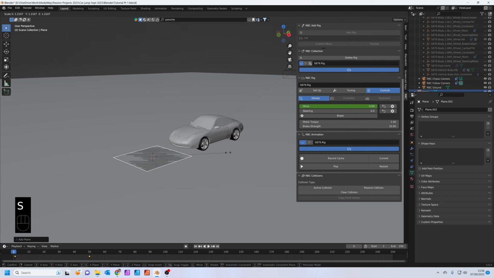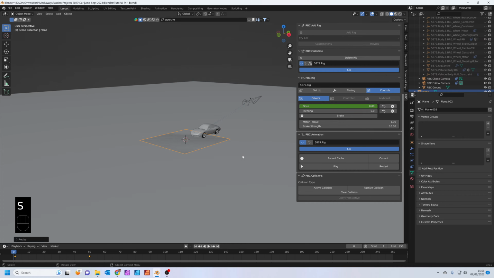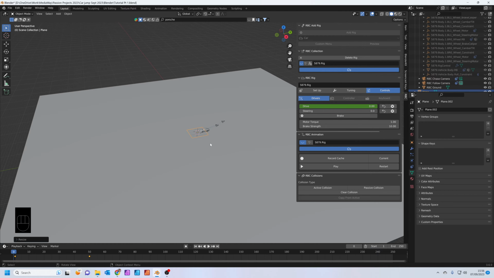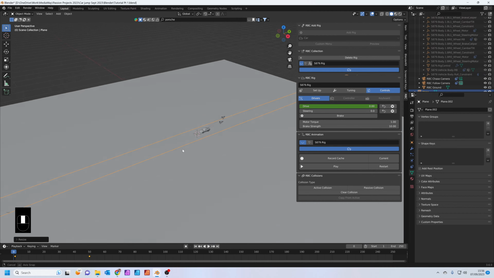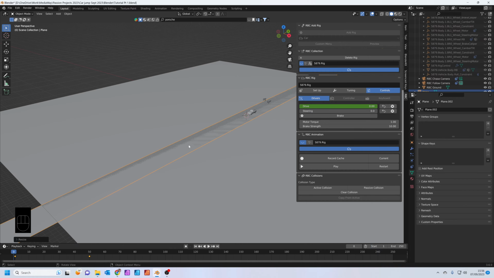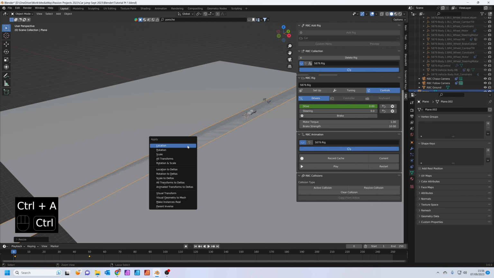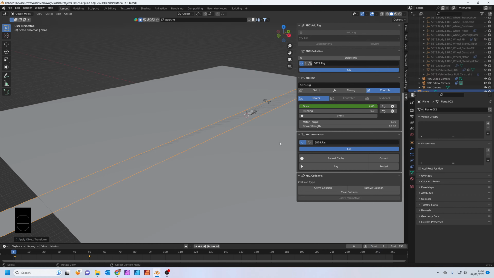Press S to scale it up a bit, and then scale it down the Y-axis. Press S and then Y, so we've got a nice long road. Press Control and A and apply all the transforms. Now if we press play, you'll see the car comes along the road.